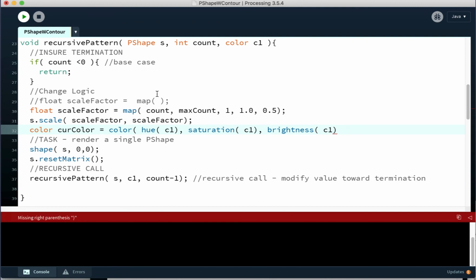Brightness C1 times, and now this will be another way to do it. We're just going to say each time we do this, let's multiply it by 0.9. So each time, we're just reducing the brightness by a factor, and then we'll just have the alpha. And maybe we'll do the same thing. We'll multiply it by